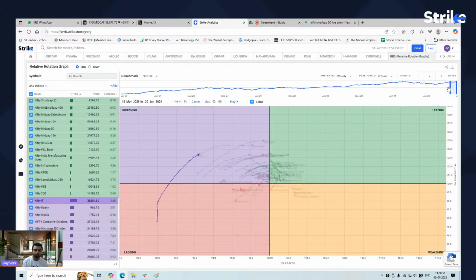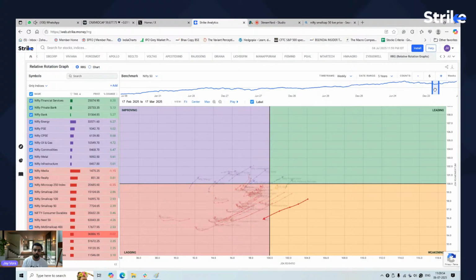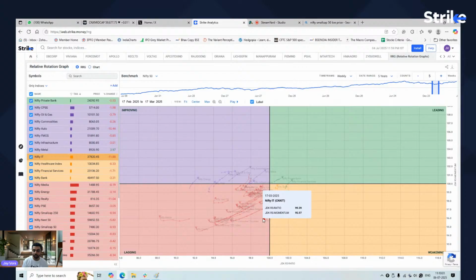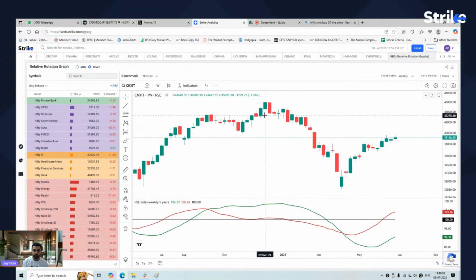Now, if I click on only IT and see how it has behaved, you can see over here this is the date, 17.3 we are seeing on the weekly chart. So when I hover on TradingView, 17.3 is